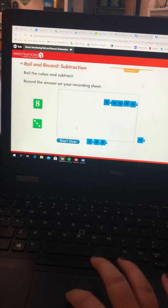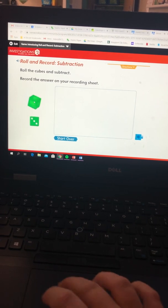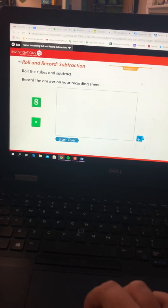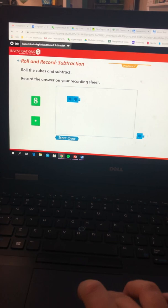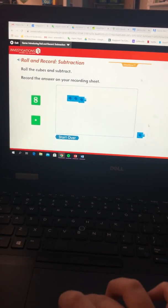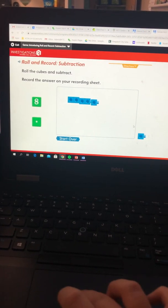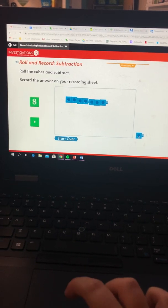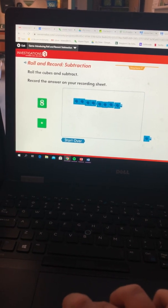So let's do it one more time. We start with our big number. I'm going to start over, and we're going to roll both dice. So I've got an 8 again and a 1. So I'm going to build my 8 with my snap cubes. I've got 1, 2, 3, 4, 5, 6, 7, and 8. So my big number told me how many to start with, and my dot die down here